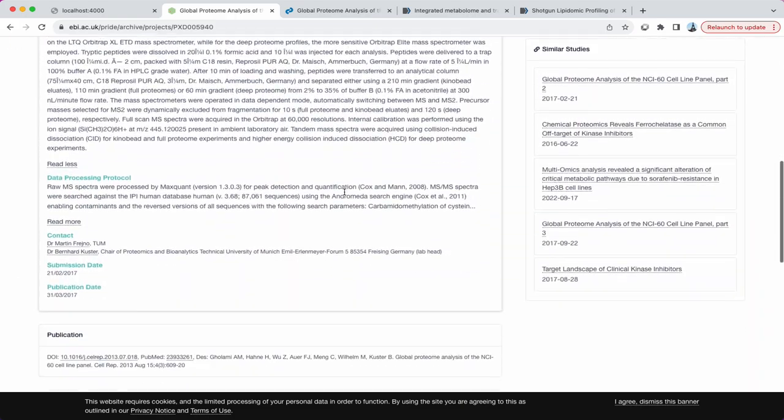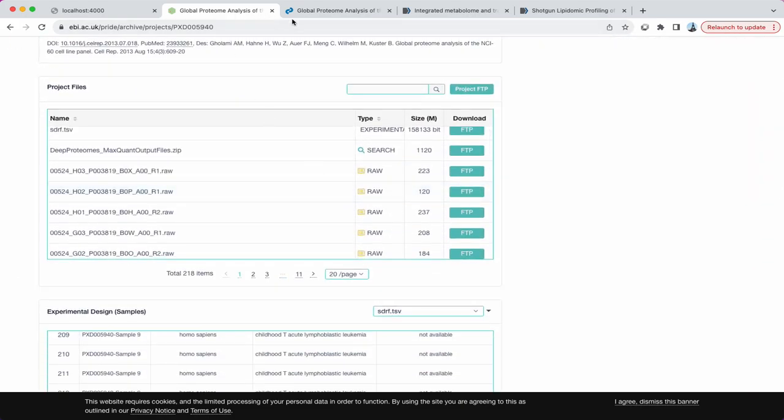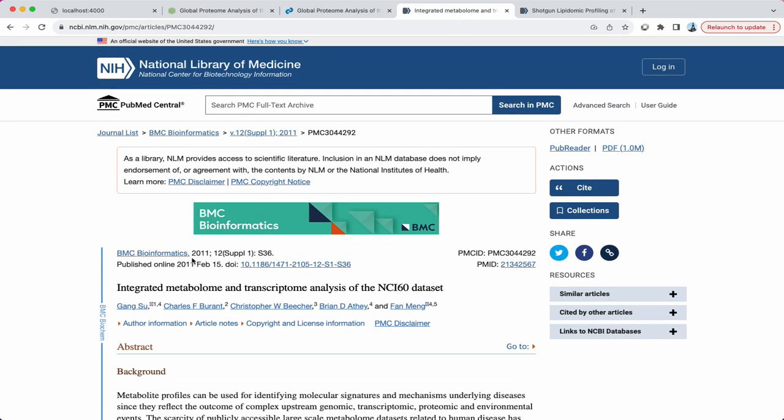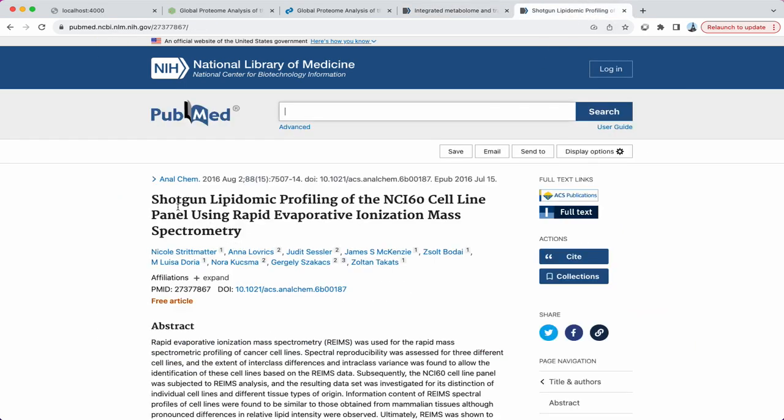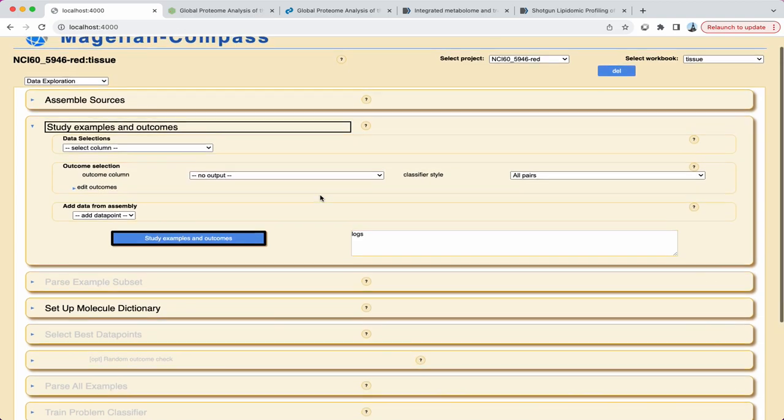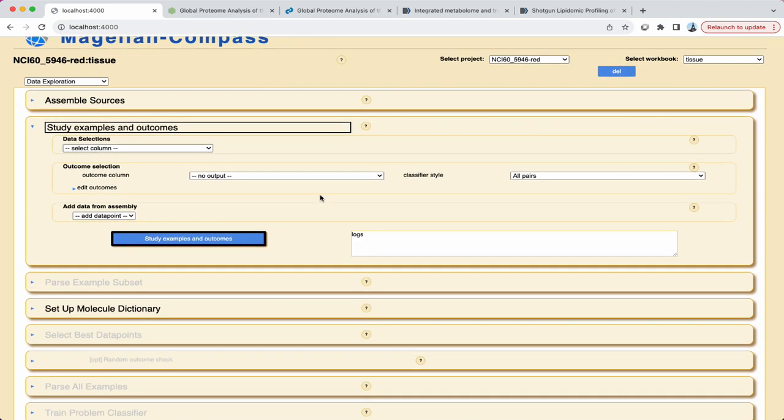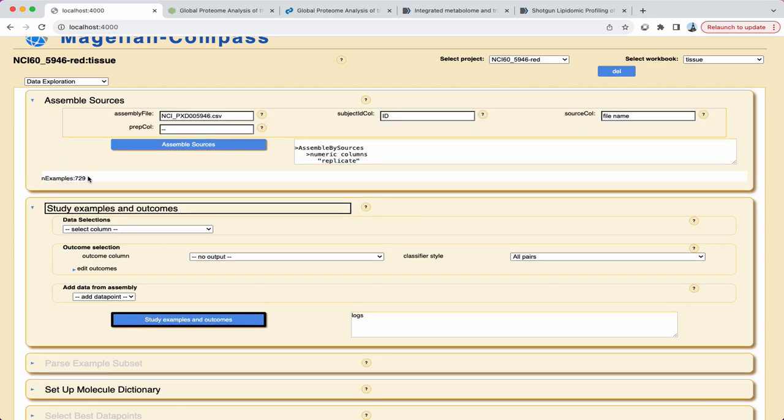repository. Importantly, Compass can be used for any comparative analysis involving groups of examples being compared to each other. While this is a proteomics study, Compass can also be used for metabolomics, lipidomics, or other applications. Whatever the application, Compass is designed to work for studies comparing large numbers of individual examples. A study the size of this example, comprising 729 mass spec files, is routine.